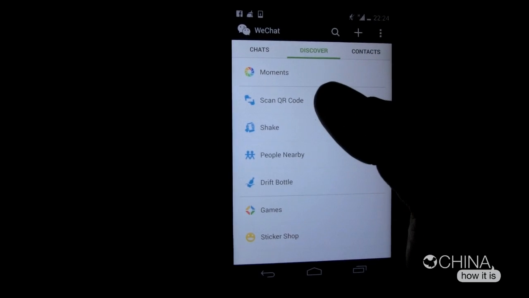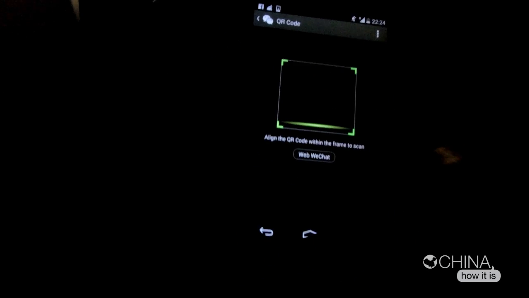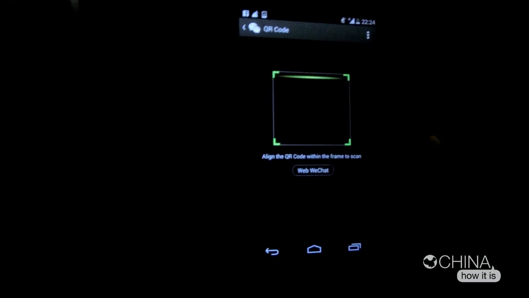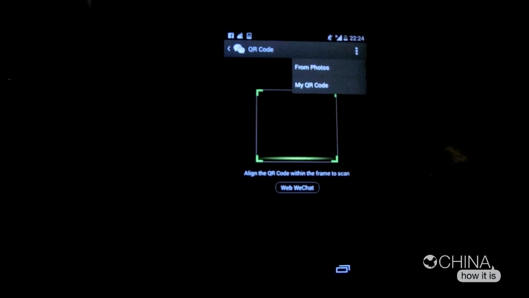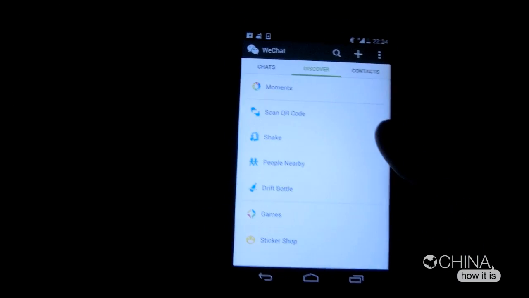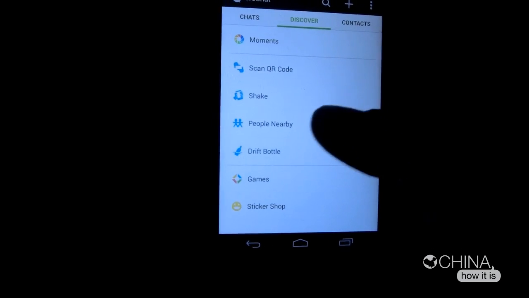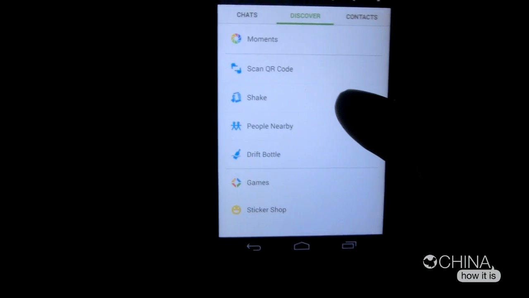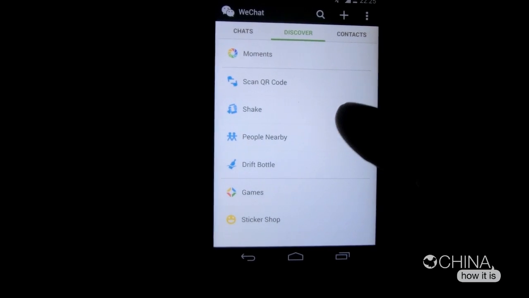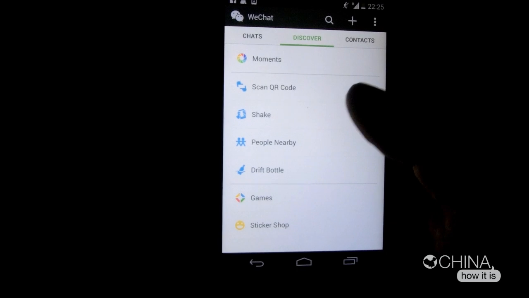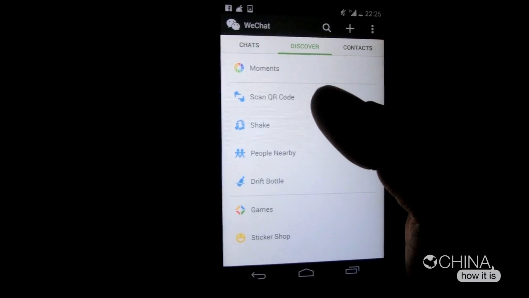Now, you have a QR code, so you can say scan QR code, and it uses the camera to scan someone else's QR code. Through there, you can also choose my QR code. I'm not going to do that now, otherwise you guys will add me, and I've got 10 billion people. I will give you my Weibo and all that online, but this is more for clients and friends here in Shenzhen. I do add any of my subscribers that come here, I always add them on this.